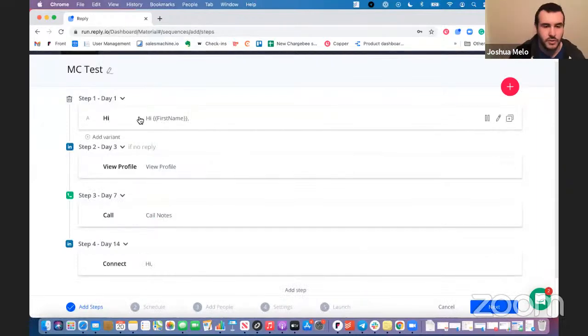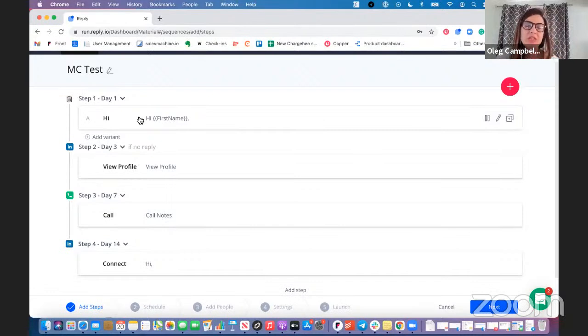And just to throw in one little note, this is not best practices, what Stephanie's doing. She's just throwing some together for the sake of the test. Yeah, we are going to talk about best practices after we go through this quick setup right here. I just wanted to show you how you can add different steps to your campaign. But yeah, we'll definitely talk about best practices in a few minutes.